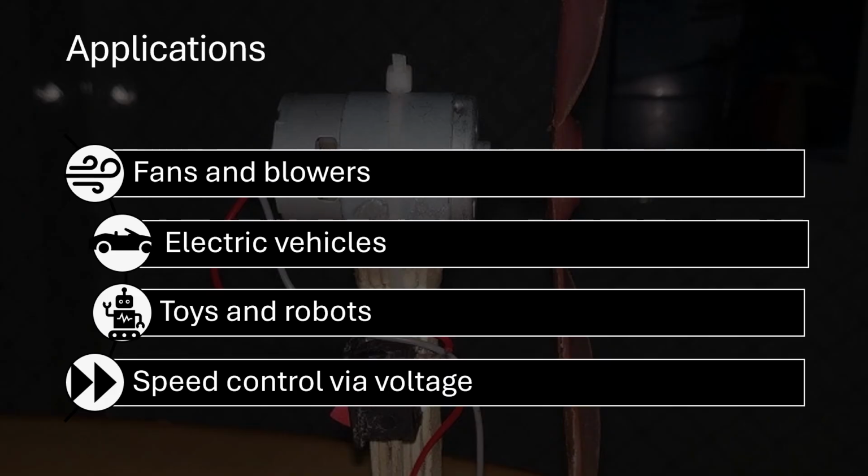Because of their excellent speed control characteristics and high starting torque, DC motors are widely used across almost every industry. In automotive applications, they power everything from windshield wipers and power windows to electric vehicle propulsion. In industrial settings, they are used for precise control in rolling mills, hoists, cranes, and robotics. And in the domestic range, they power tools, fans, and various home appliances. Their ability to provide variable speed control simply by adjusting the input voltage makes them extremely versatile.